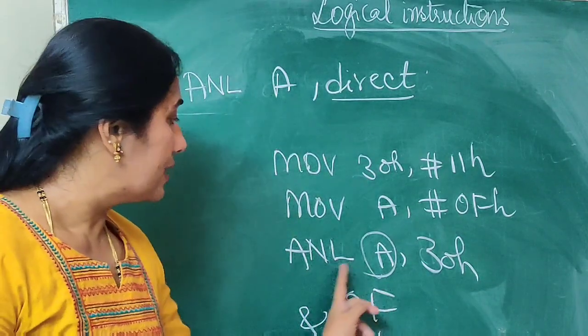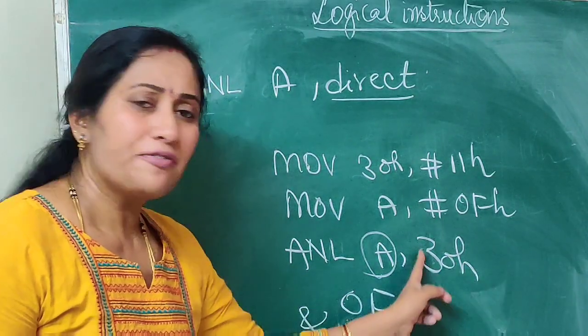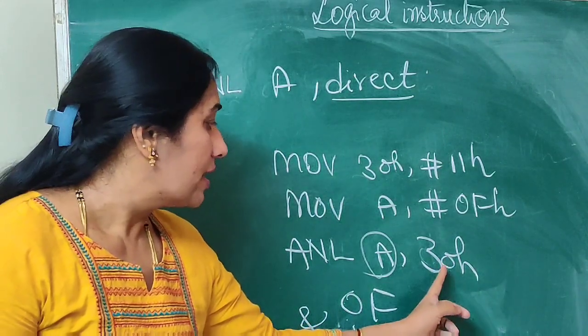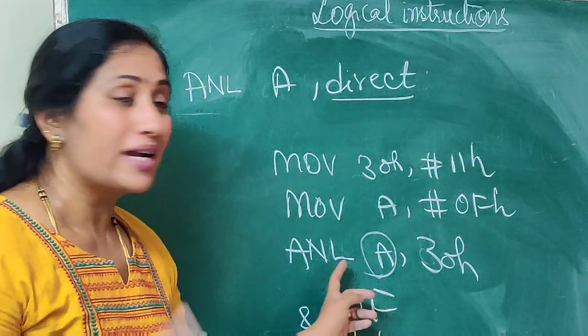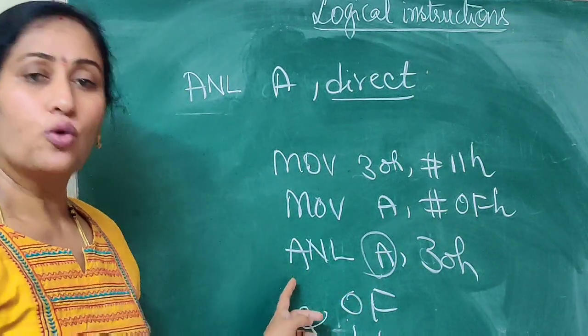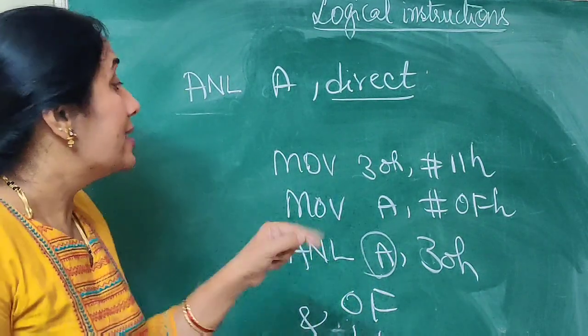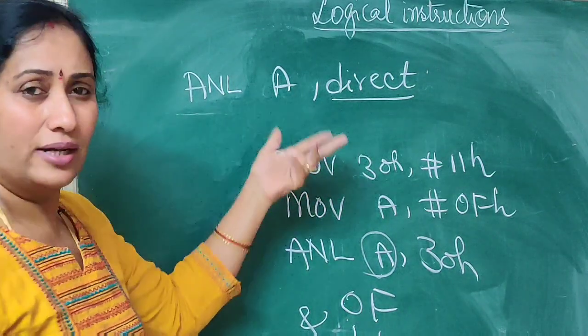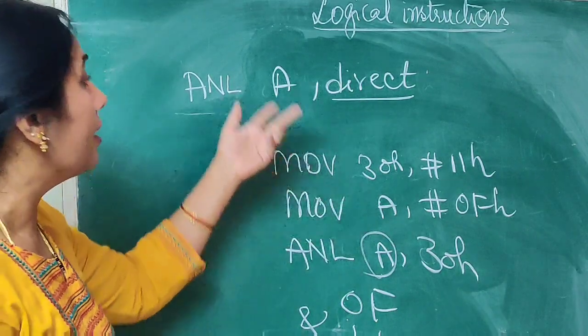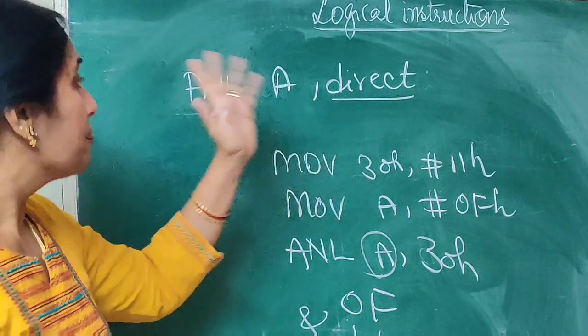Length of the instruction you can see over here. Here I am going to specify the internal RAM address. So this requires 1 byte, and the opcode for this particular instruction format is going to take 1 byte, and the total length of the instruction is 2 bytes. And since the content of the accumulator is going to get changed according to the result, the parity flag is going to get affected.